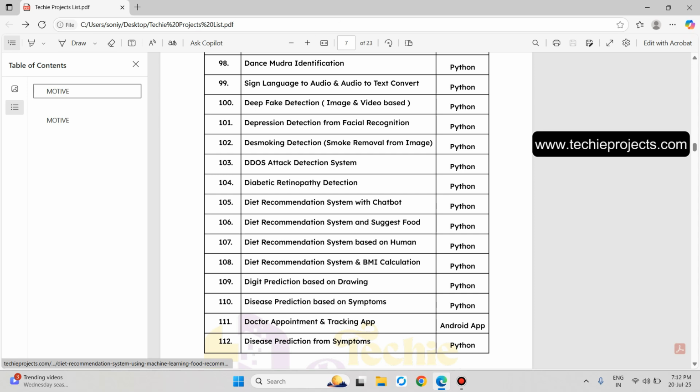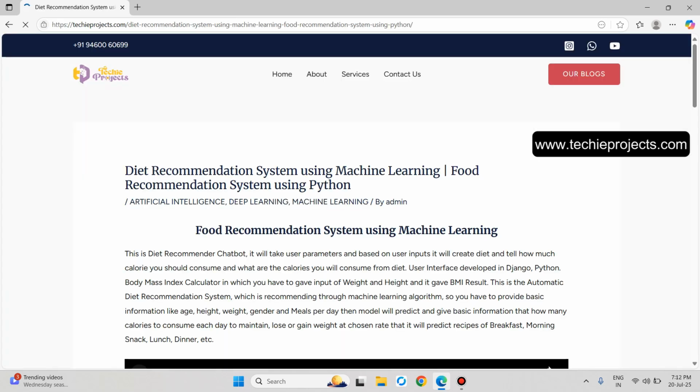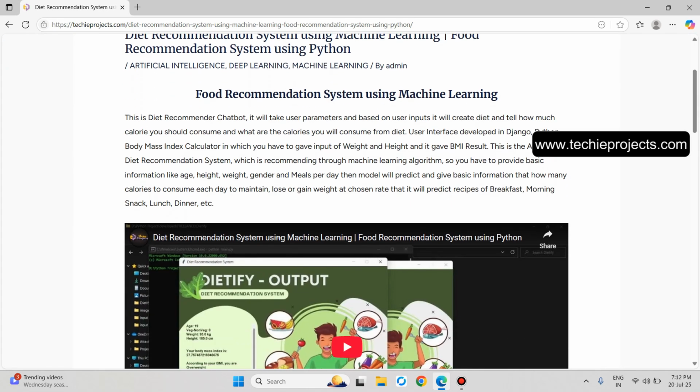Now, diet recommendation system and BMI calculation. Just click on the 108 button. The food recommendation system using machine learning. So this is the diet recommender chatbot. It will take user parameters and, based on the user input, it will create a diet and tell how many calories you should consume and what calories you will get from the diet. The body mass index calculator, in which you have to give input of weight and height, and it gives the BMI